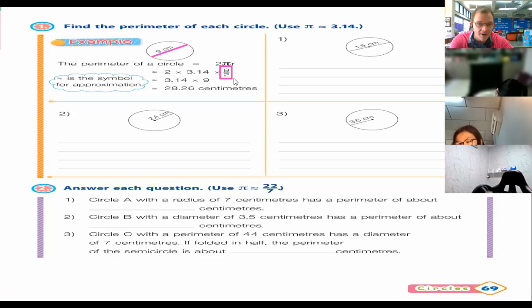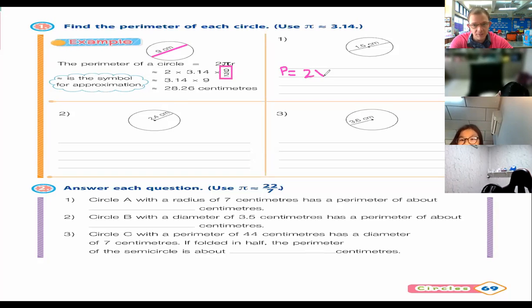So they say 9 divided by 2 here to calculate the radius. So then you will have 3.14 multiplied by 9, which will give us 28.26 centimeters. So why 3.14 multiplied by 9? Because 9 divided by 2 equals 4.5, multiplied by 2 equals 9. Okay, so the next one, the perimeter over here equals